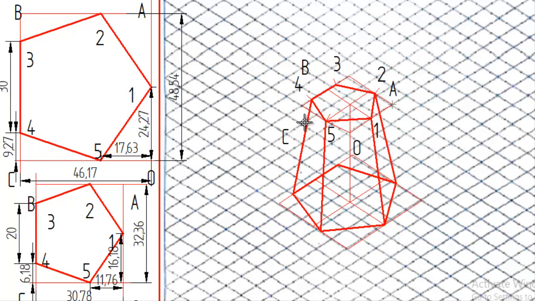Like this we need to join the side faces, and once it is finished you can erase all the construction lines whichever we used to do that, erase it, and we need to erase the hidden edges also, that is here the hidden edge, this is the bottom hidden edge, you can erase this one also, and you can erase all the frame points also. So like this we can construct the frustum of a pentagonal pyramid. Okay, I hope you understood this technique and all. So this is how the construction of the pentagonal pyramid.